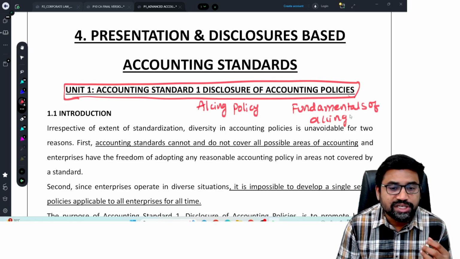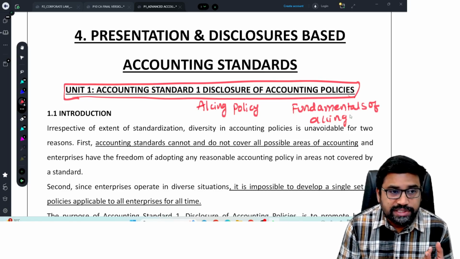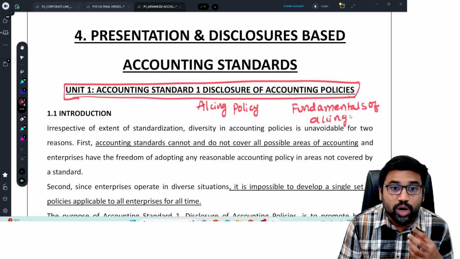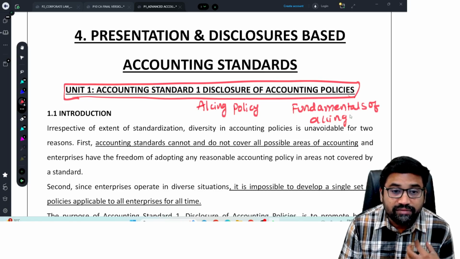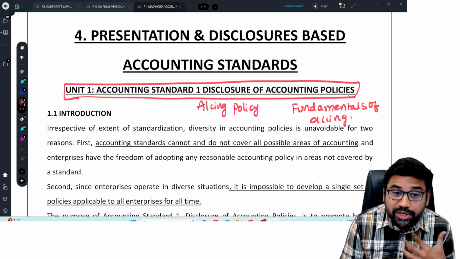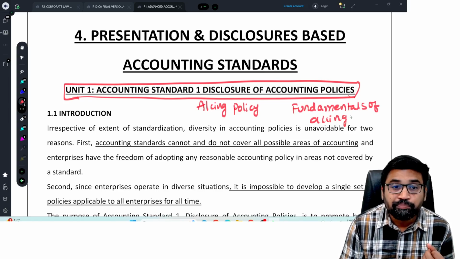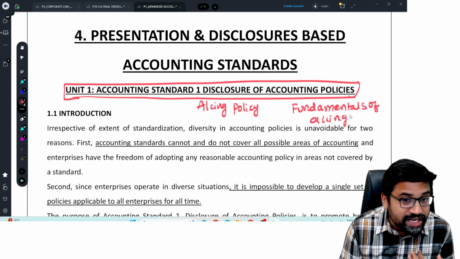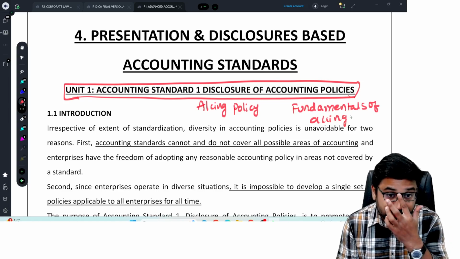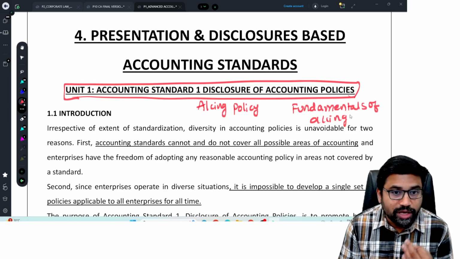Sir, in accounting policy, we are going to cover what an accounting policy is, what its necessity is, and, if a company wants to select an accounting policy, what considerations it should keep in mind. We also cover how the company should make its presentation and disclosure in respect of accounting policies. And whenever a company wants to change an accounting policy, what is the effect, and how does the company present the change in its financial statements? All those things we learn about accounting policies.